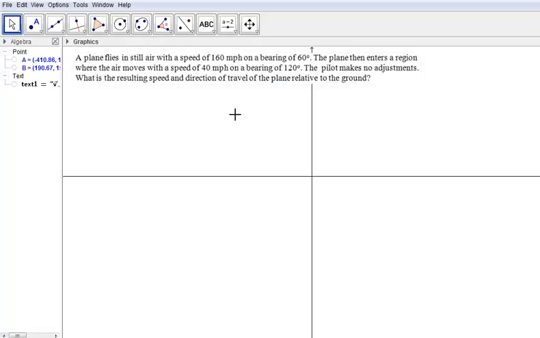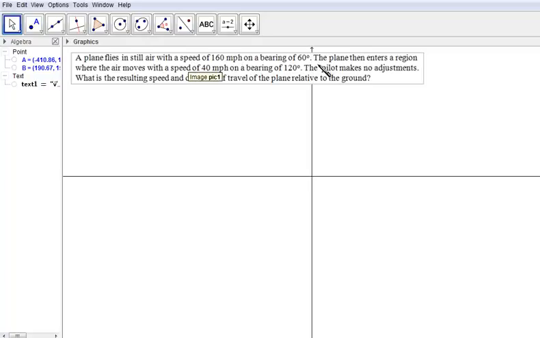So when you're given a problem, you have to read it carefully, identify the important quantities, and determine the relationship between these quantities. The first thing we have here is the velocity of the plane relative to the air. It's moving at 160 miles per hour on a bearing of 60 degrees. Note that since the air itself is not moving, this is also the velocity of the plane relative to the